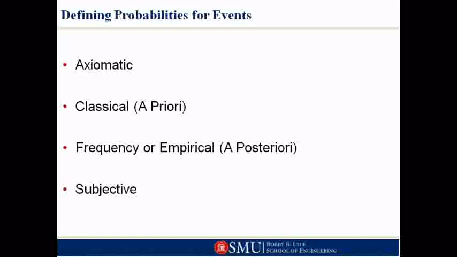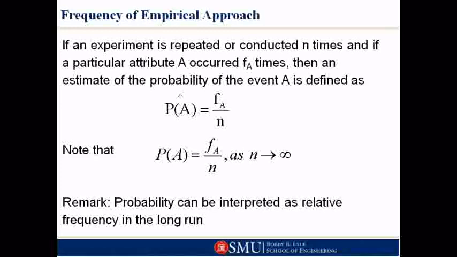Okay, let's keep going, defining the frequency or empirical approach. This is kind of like flipping the coin 10,000 times, that in the long run, you would expect it to become the probability of an event that is happening. So if an experiment is repeated or conducted n times, and if a particular attribute A occurred f of A times, that's the frequency, then an estimate for the probability of an event A is defined as, and that little hat there is a little